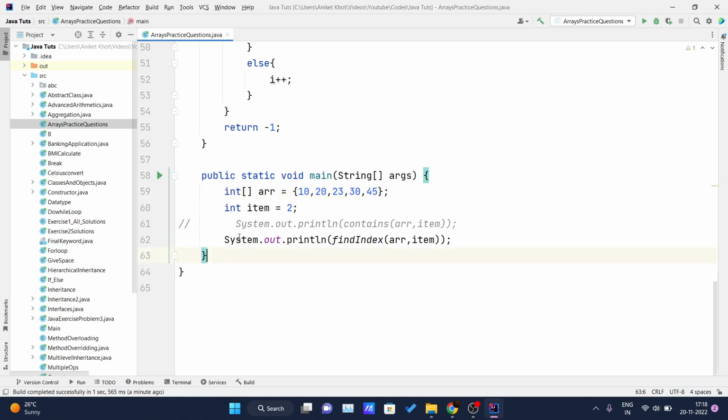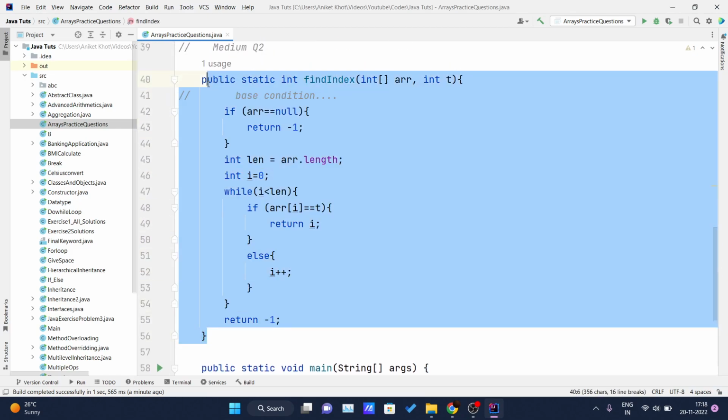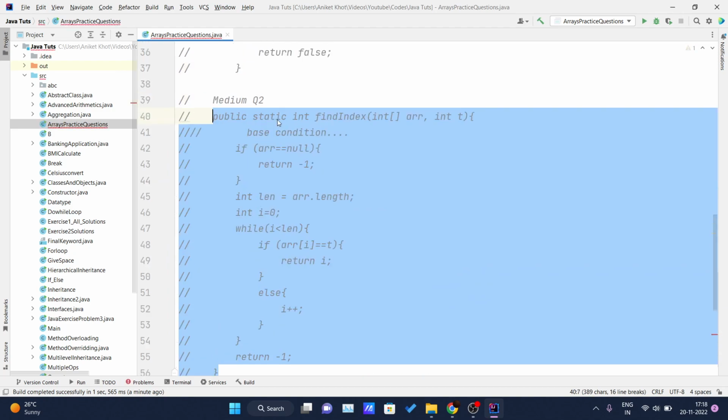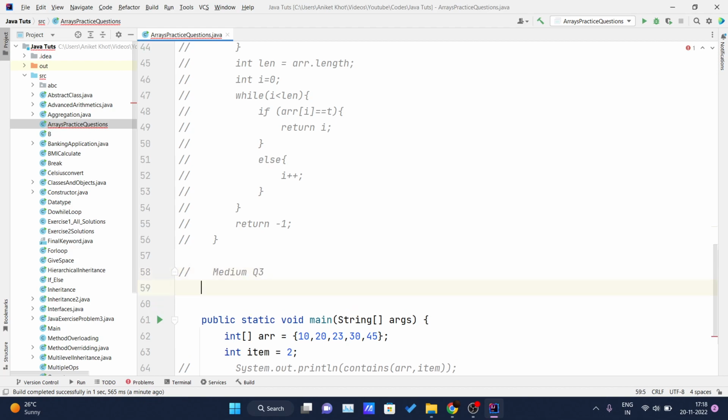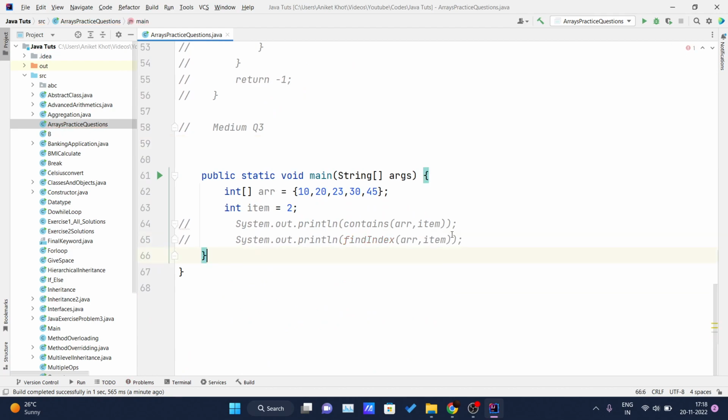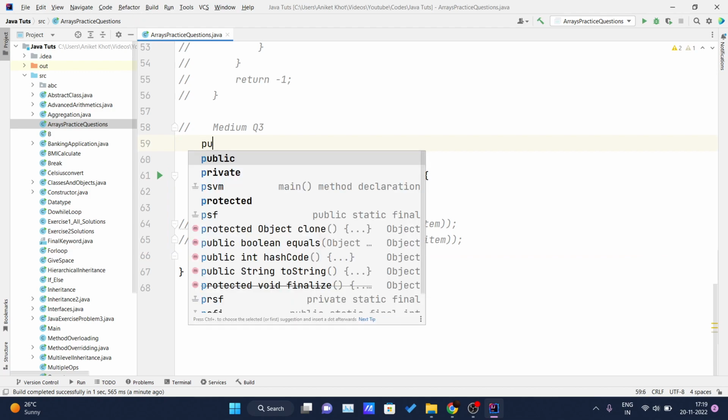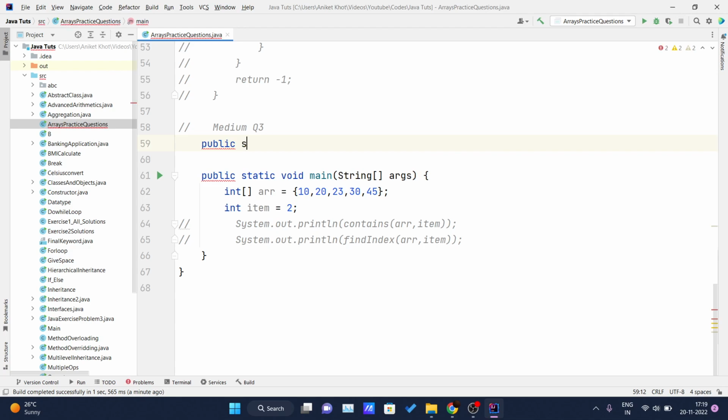Okay, so now I will comment it out and I will write one more comment over here stating medium question 3, and now I will comment this also. I will write one more method over here. We just have to copy the elements, so the method should not return anything. The return type should be void. So I will write public static void